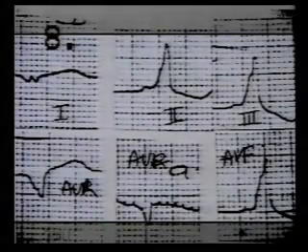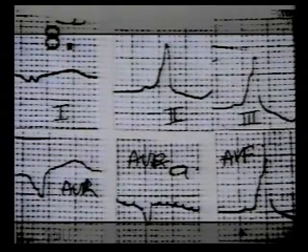In this ECG, study the limb leads. The QRS complexes are broad. Concentrate on lead 2. The P wave is very close to the QRS complex. There is no PR segment and a delta wave is seen. This is WPW syndrome.